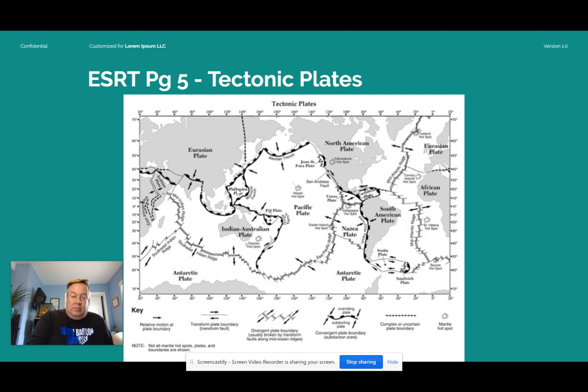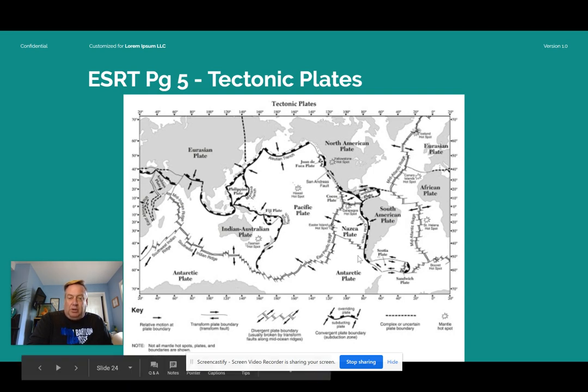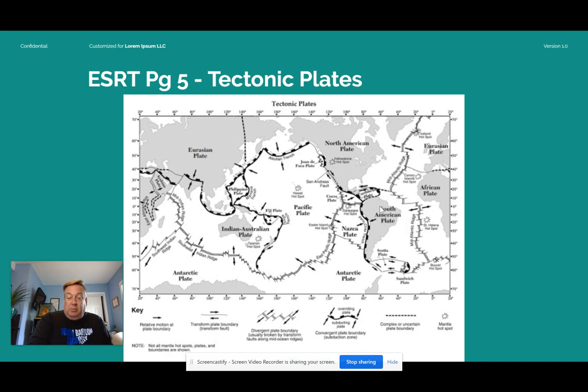Okay. We have the Mariana Trench over here. This whole shape here that I'm tracing out, okay, that's the Ring of Fire. Okay, so we read about that earlier. All right, and you get to basically just see the idea of wherever the arrows are going, it tells you which way the plates are moving.